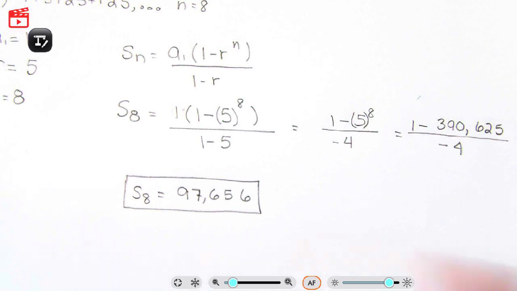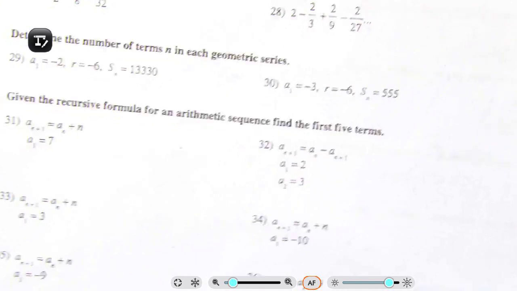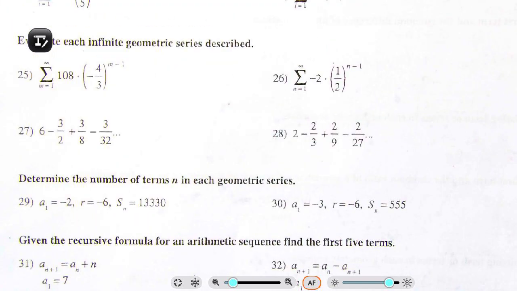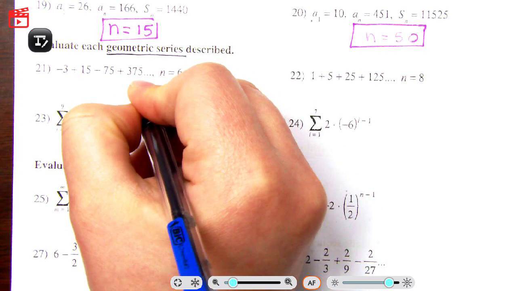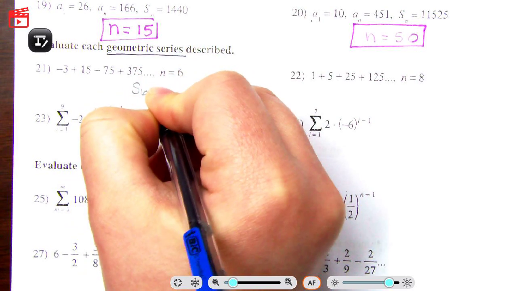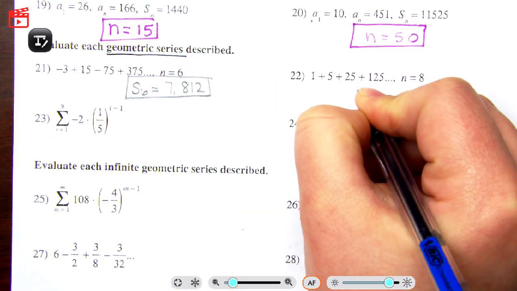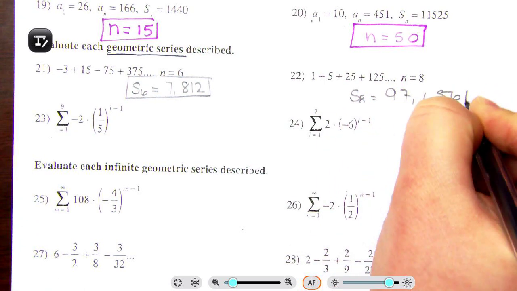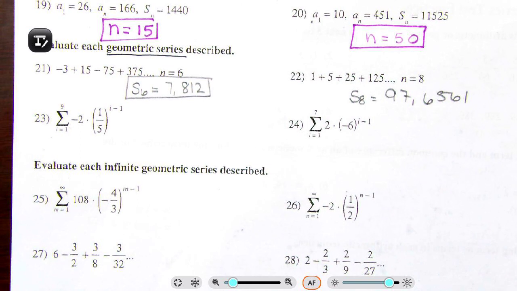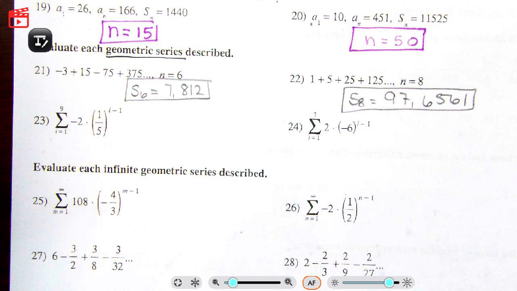Number 23, I'm going to flip over my page. Let me take a moment to find where I am. There we are. So number 21, the answer for that was S sub 6 is equal to 7,812. For number 22, S sub 8 was equal to 97,656. All right, so number 23